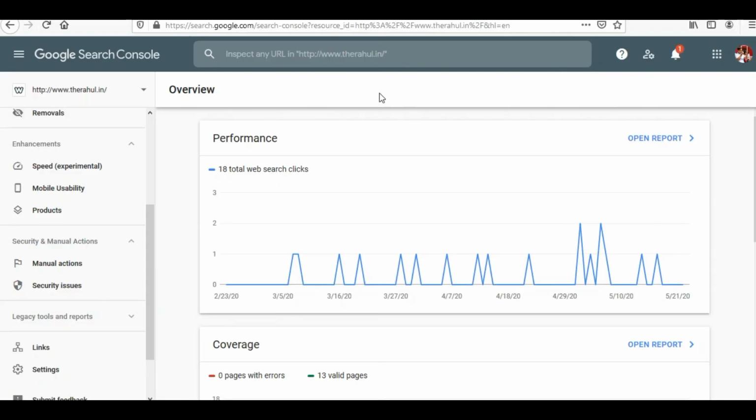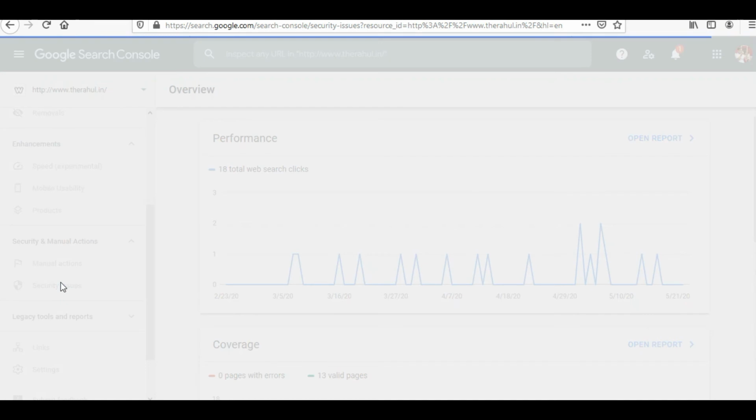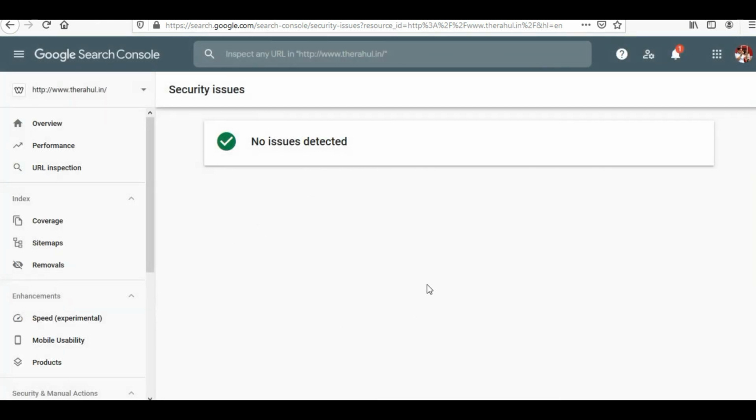In order to check for security concerns, you need to go into the menu of security and manual actions and click on security issues. And on my side, there are no security issues on any of the websites. Otherwise, Google would be informing you on which particular web pages there are issues related to security. So Google Search Console helps webmasters in maintaining the health of their websites.